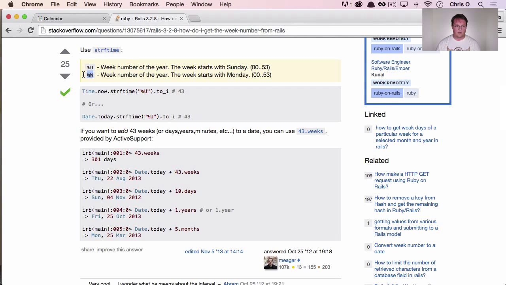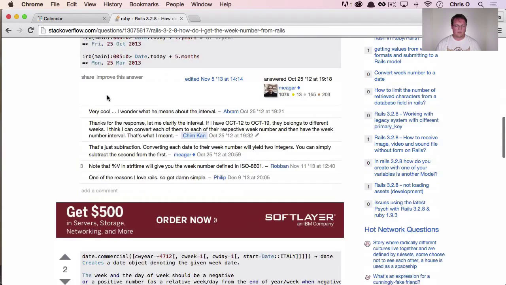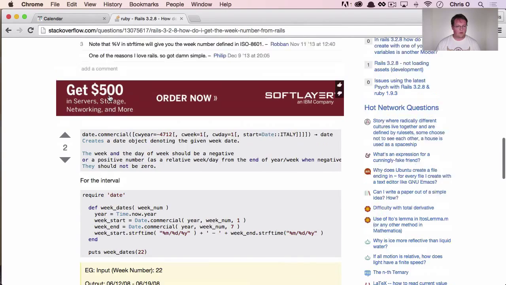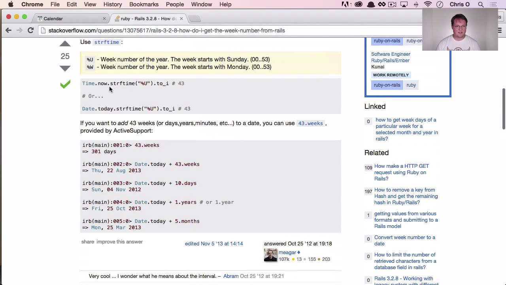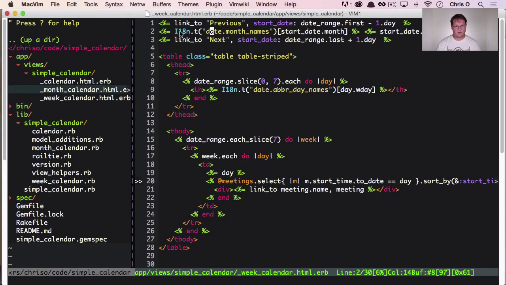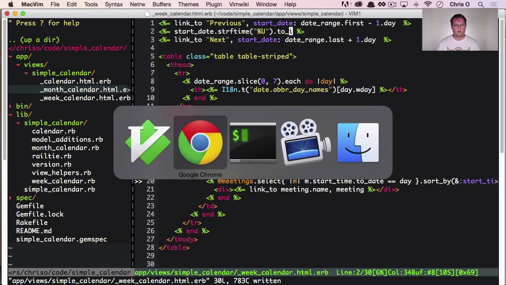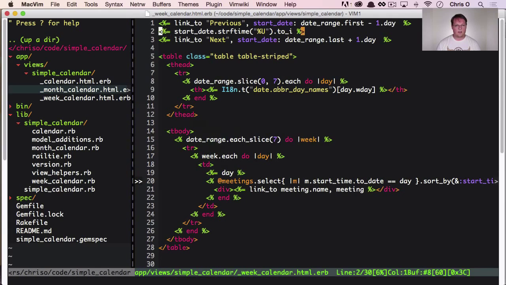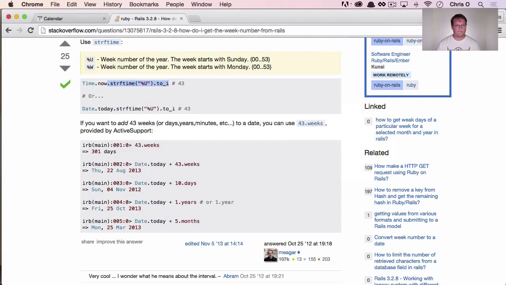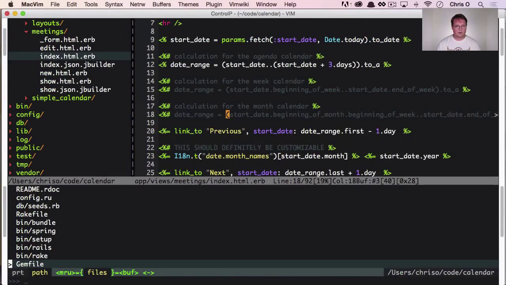Interestingly, %U and %W do two different things. One is if the week starts on Sunday, one starts on Monday, which is kind of annoying. So maybe there's a better way to do it. But regardless, we can just take this and replace this code here with start_date.strftime("%U").to_i, and we could say this is week whatever. We can hop back to our calendar,